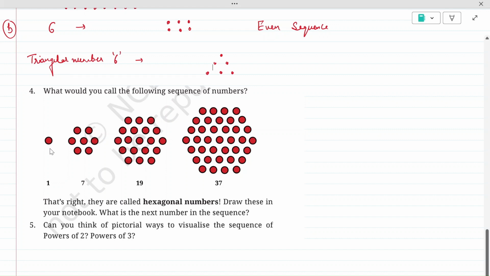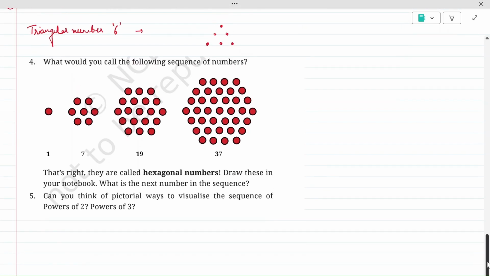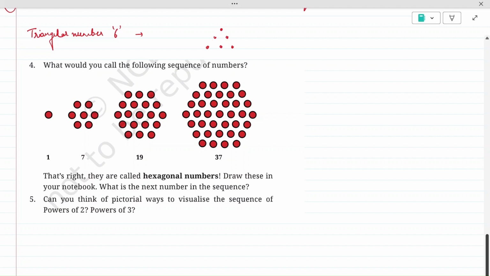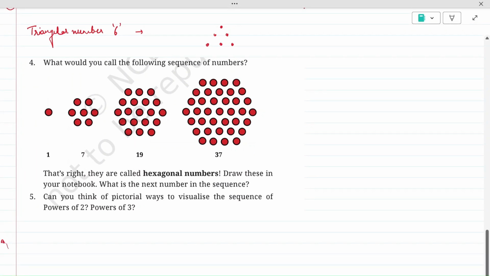Here the first number is 1 dot. In the second we have 7 dots. Then we have 19 dots, and then we have 37 dots. So what I am doing is solving this question here below. Answer 4. If we look at the pattern of this particular sequence, we can see the first number